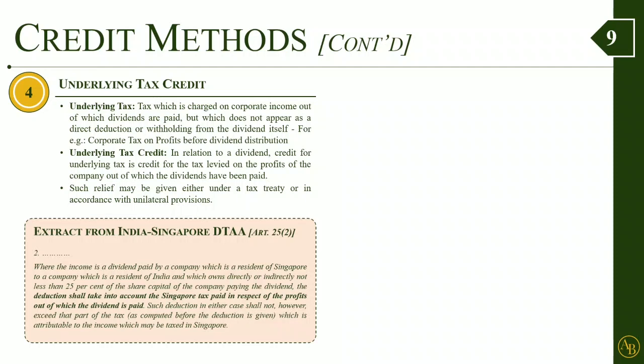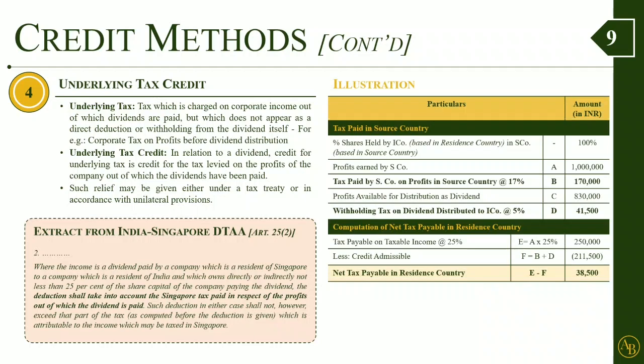So guys, this underlying tax credit method would be applied in such scenarios. I'll just show you an illustration for the same. We have assumed that there is an ICO which is based out of the resident country and there is an ESCO which is based out of the source country. ICO is holding 100% equity in the ESCO. Now the profits earned by ESCO are 1 million and the tax paid by ESCO on those profits in the source country at 17% is